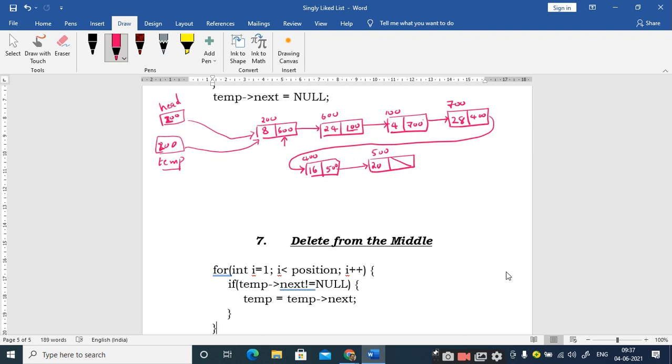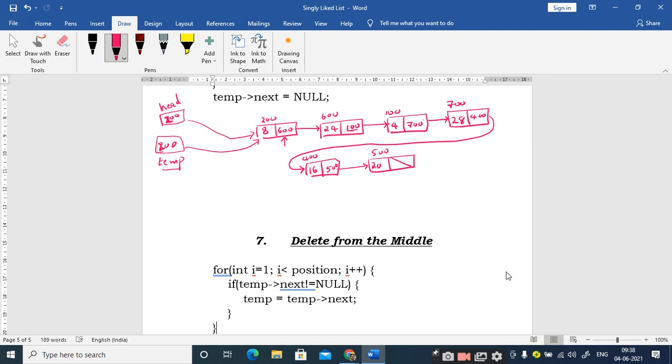So if temp next is not equal to null, what should I do? What is temp next? Temp next is 600. Super. What is temp next? 100, sir.